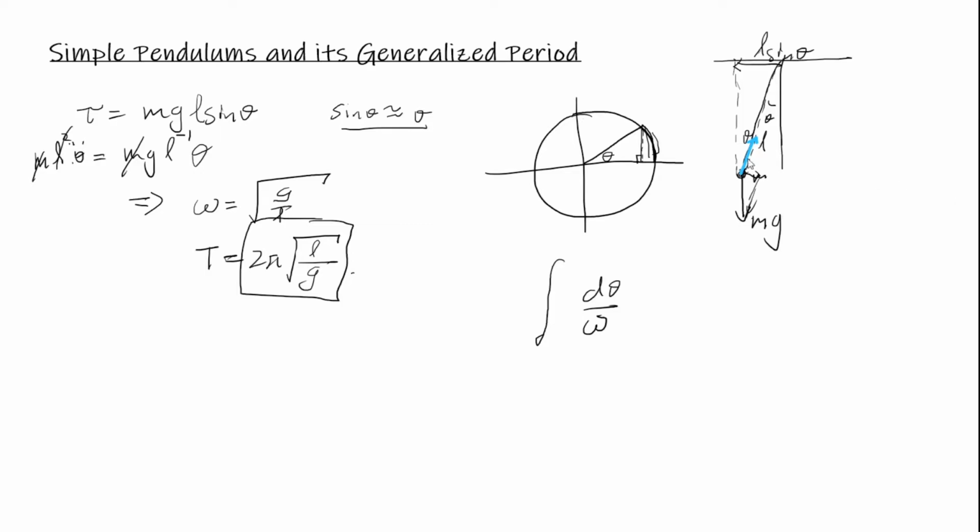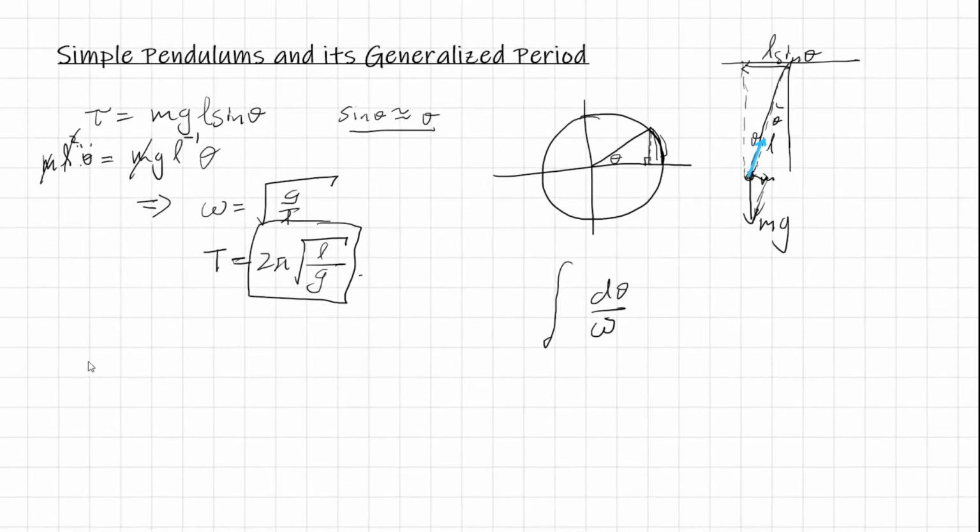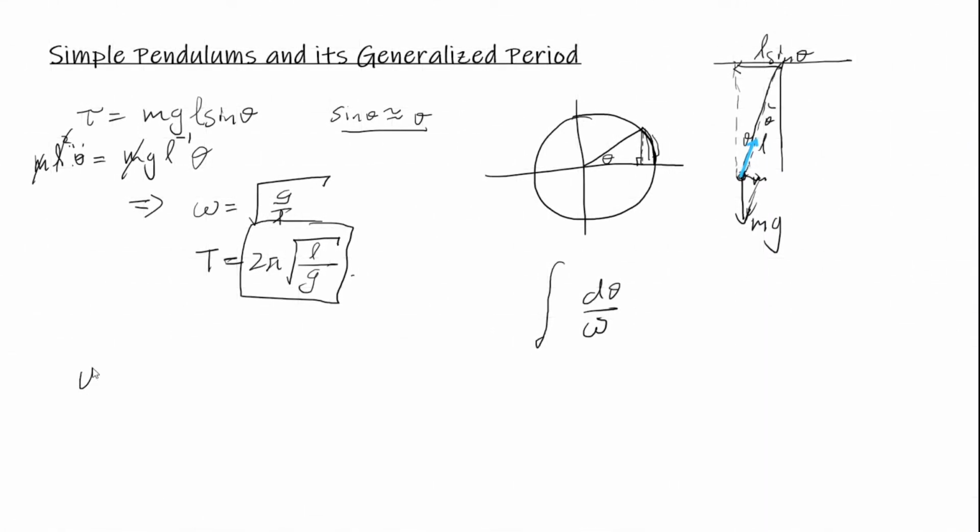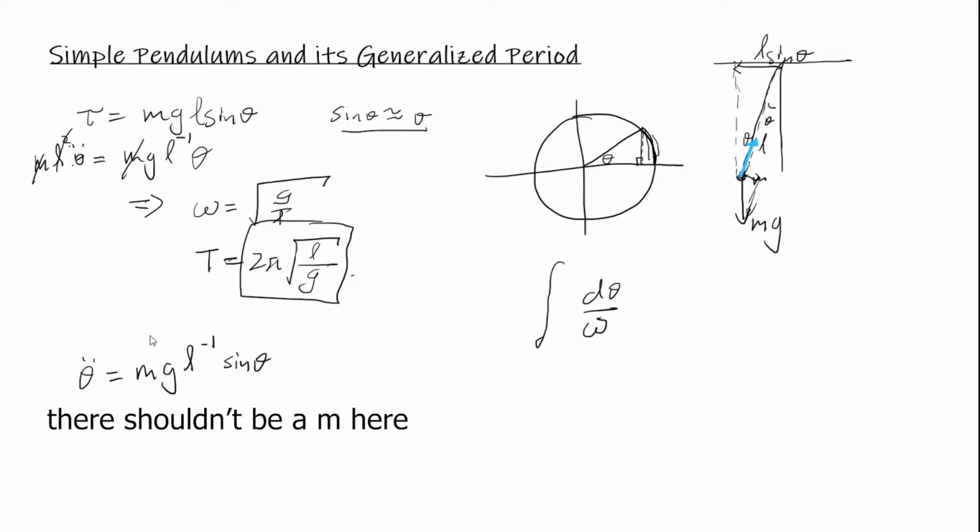So we're going to do that by starting to look at this equation here, except we're going to get rid of this assumption here. And that basically tells us that theta double dot is equal to mg L to the minus 1 sine theta. And this is a differential equation in theta. And from here we can write